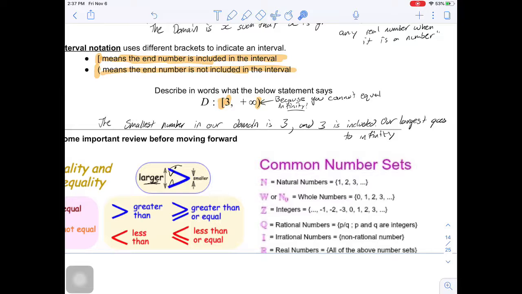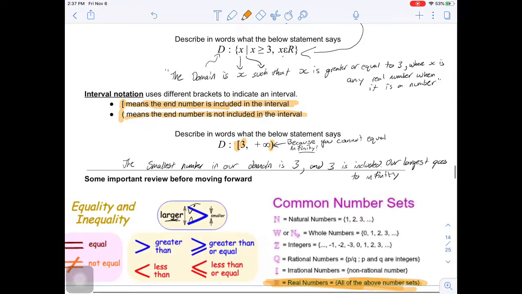Something to note: you're pretty much always going to state real numbers, because real numbers include every number you can think of. And for right now, at least, pretty much 99% of the graphs and the things you're going to have to explain are going to include the real numbers. There might be the very odd question, I would say a tougher question, that might just include